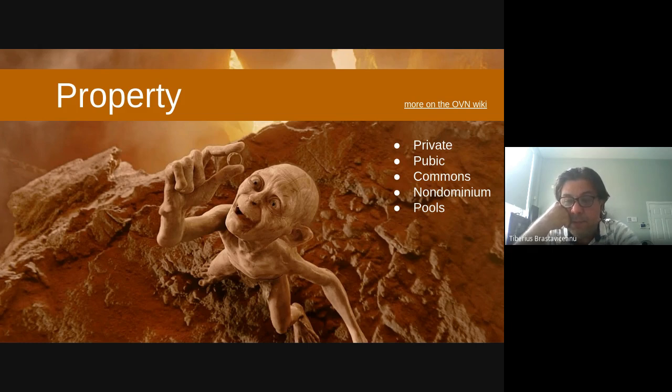So non-dominium is this new form of property that could be deployed globally, like we've seen in the case of Bitcoin, the Bitcoin network. And that could also be applied to physical resources. As I said, this concept was proposed by Chris Cook in the context of real estate. And because we have a new form of property that we could implement, that drives new patterns of resource flow. So that's something very important to understand.